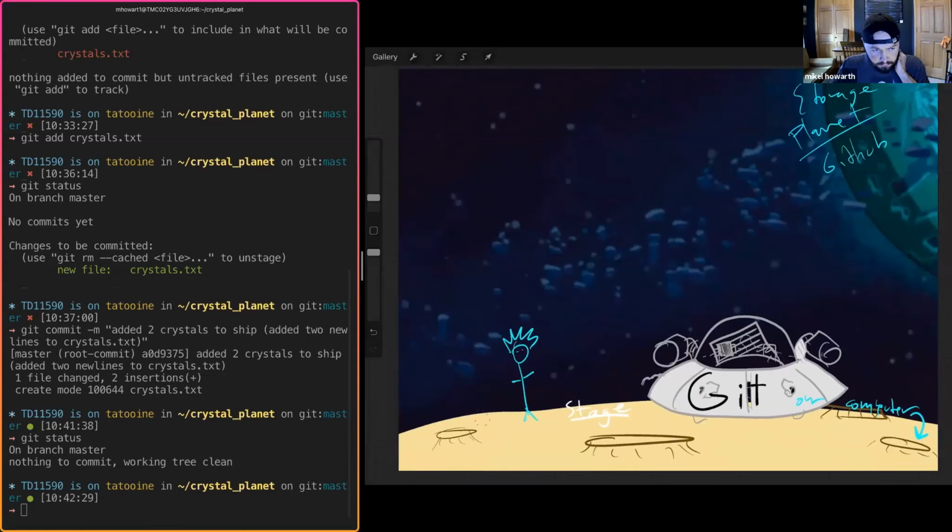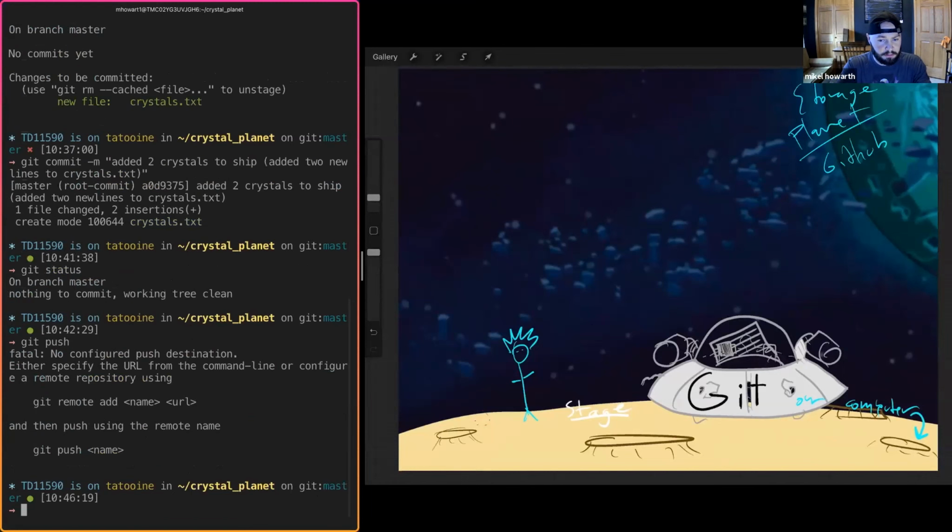So what we need to do to launch our shuttle to actually make it to Storage Planet, to make it to GitHub, is we need to push is the command. So what we are going to do is type git push. So git push is the command that is going to take everything that we've bundled up and send it to GitHub. Okay. So when we hit enter here,